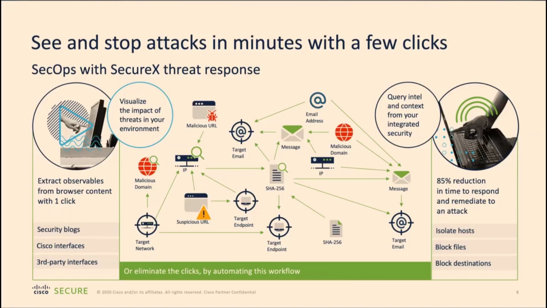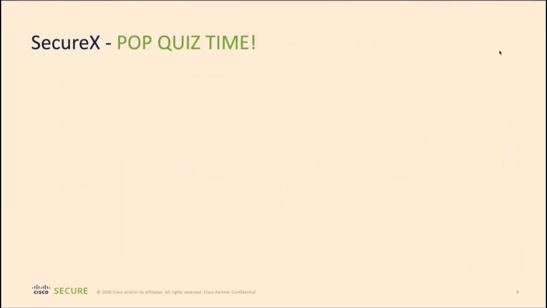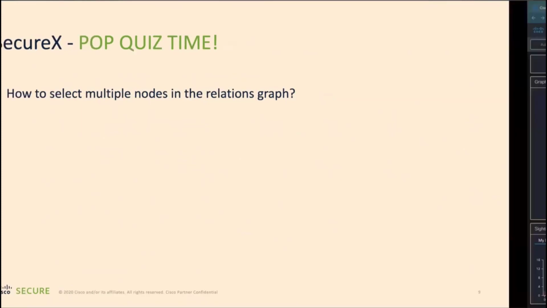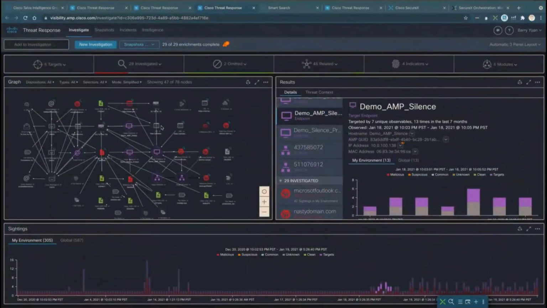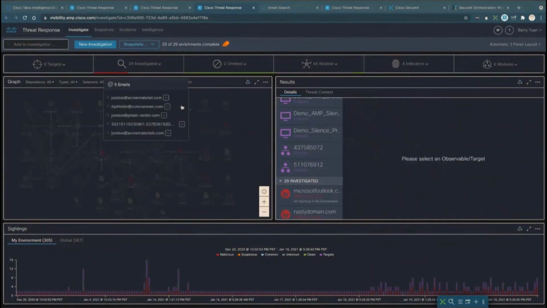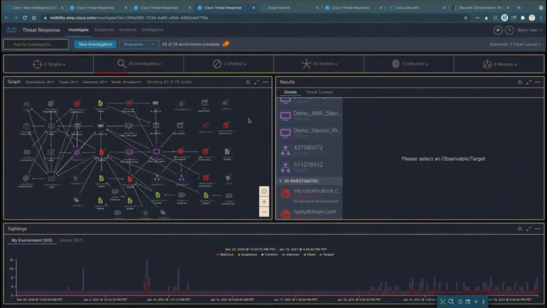And I do have a pop quiz for you, as Eddie was saying. There's a pop quiz at each of the modules, right? So let's see whether you were paying attention. The question is how to select multiple nodes in the relations graph. The relations graph was this graph that I was showing you, right? So how do you select multiple nodes? Okay, so